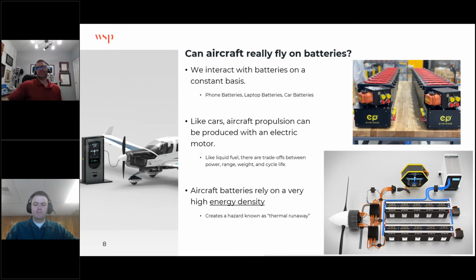Bryant, as a consultant, one of the questions I get asked often is, can an electric aircraft really even work? I mean, we talked about the limited range, we talked about how they have to stay in the airport environment, but can they even really work? I guess the short answer is yes, they can work. We use batteries all the time in our daily lives. We use them in our phones, our laptops, our cars and trucks,